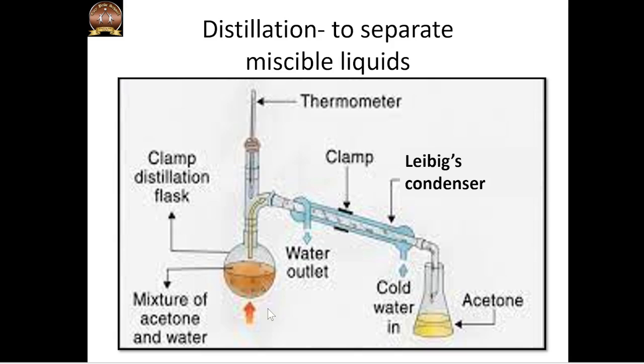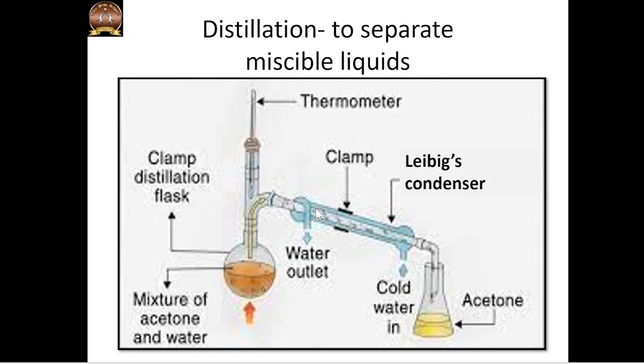So remember that the properties of the components of the mixture are retained. So the acetone will have its own boiling point and start vaporizing, that is changing to the vapor state at 56 degrees Celsius. The acetone vapors will then go through this long pipe, the long outlet,